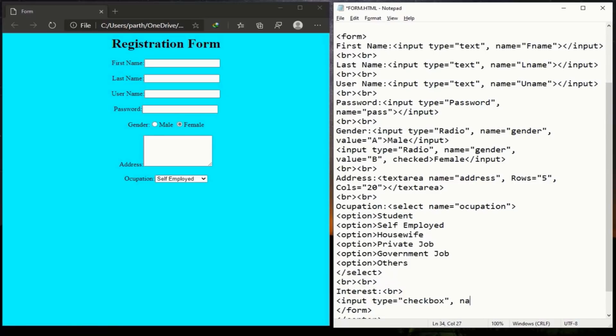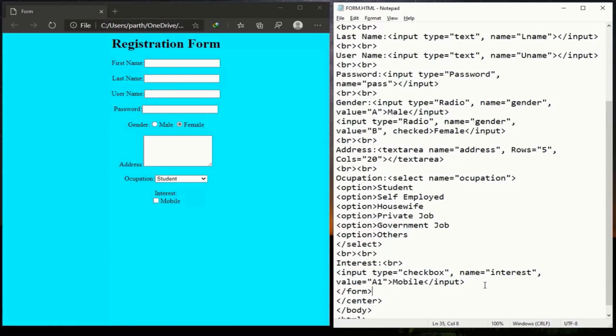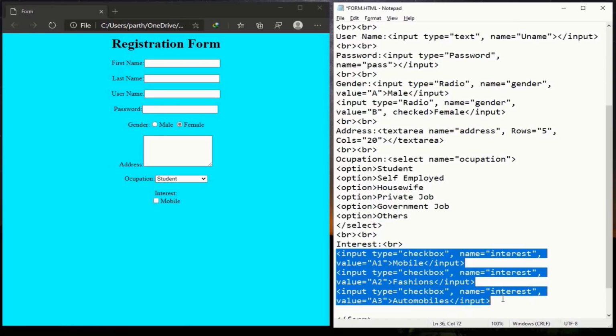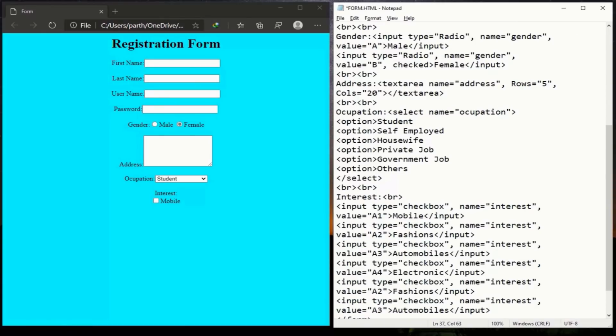Then use the name attribute, and then use the value attribute. Give a value. Close the angular bracket. Then give a name for the checkbox. Lastly, close the input tag. Check it on the browser. Now do this for the rest of the fields, but with different values.